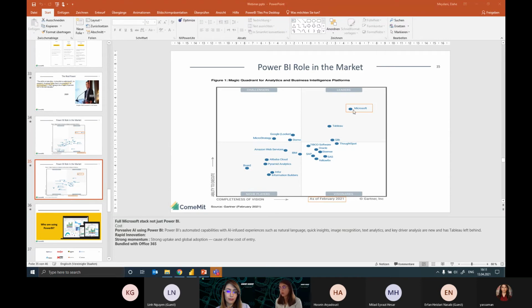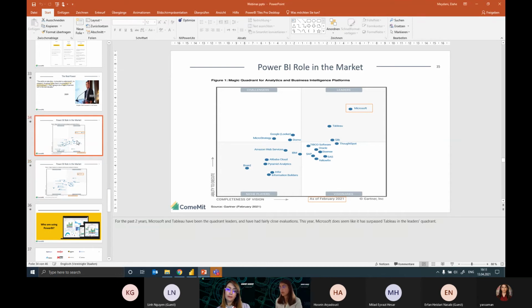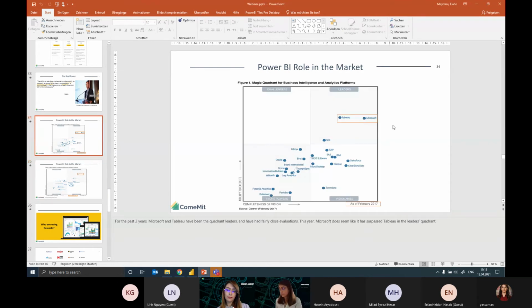And as you see, Microsoft exceeded this year. I think Microsoft has been exceeding since 2019, if I'm not mistaken, because in 2017, as you can see here, they were sort of at the same level. But now, because of all the changes and all the updates, Power BI is sort of a known leader business intelligence tool out there.